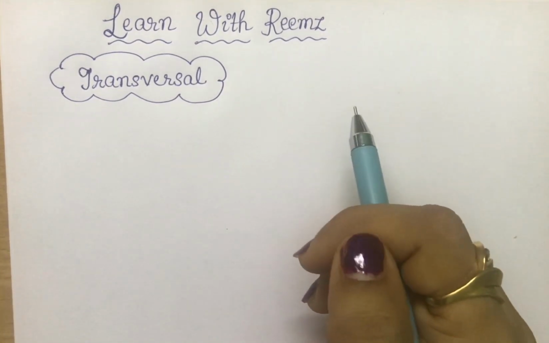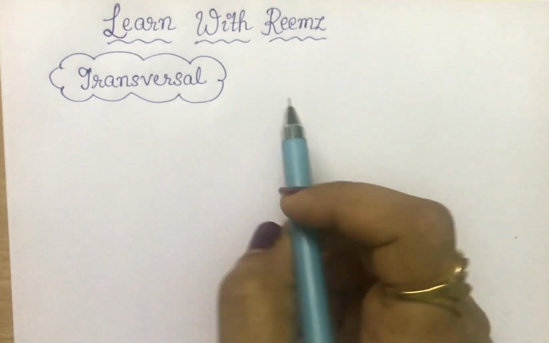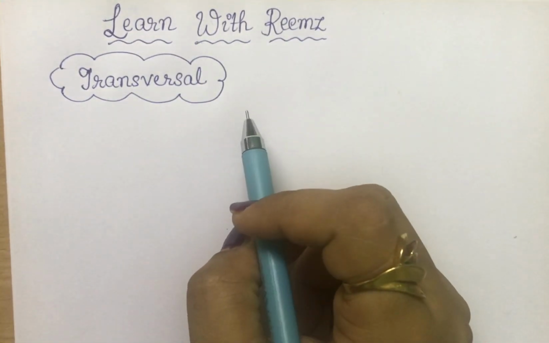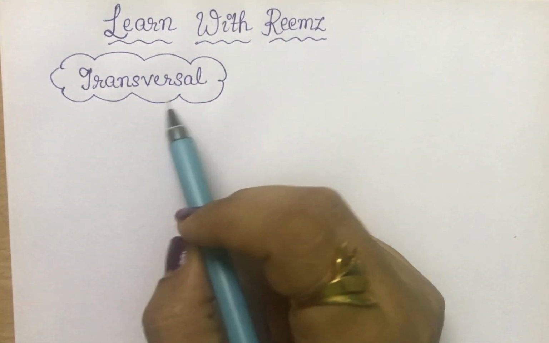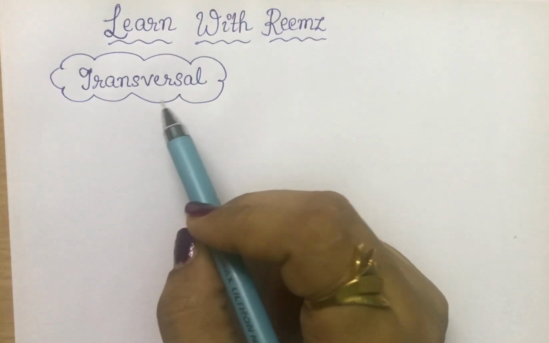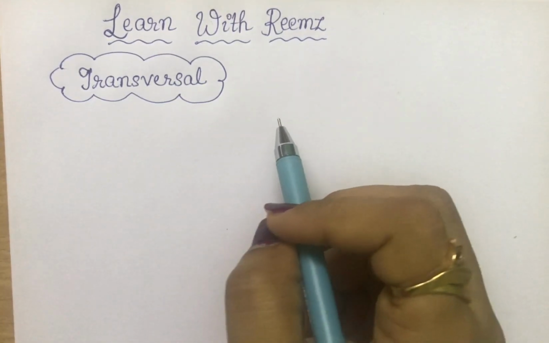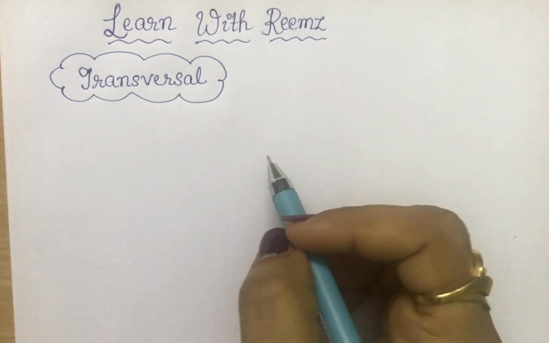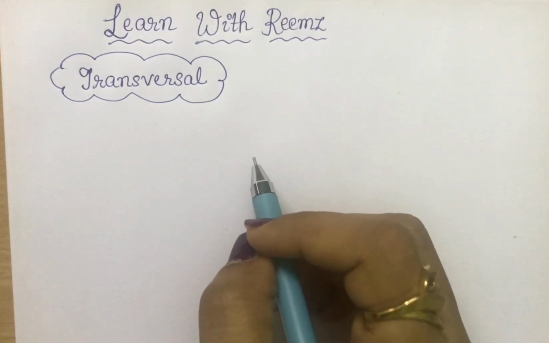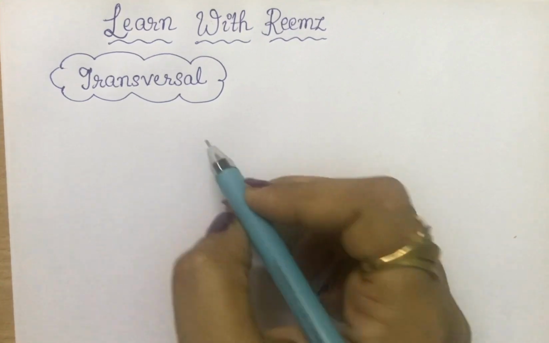So today in this session, I'll start with a new topic of the chapter Lines and Angles, that is transversal. So what is a transversal? A transversal is a line that intersects two or more lines at distinct points. That is,